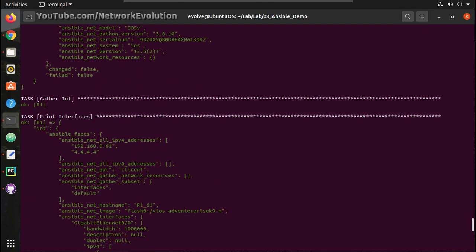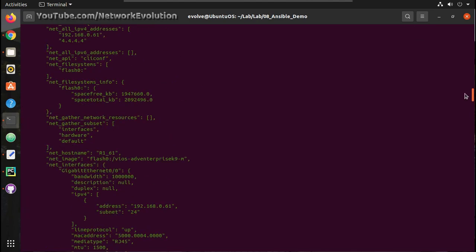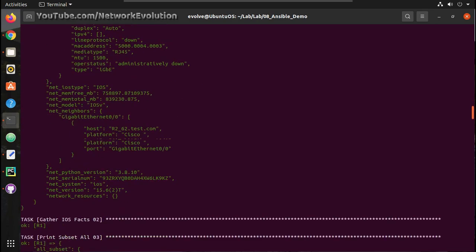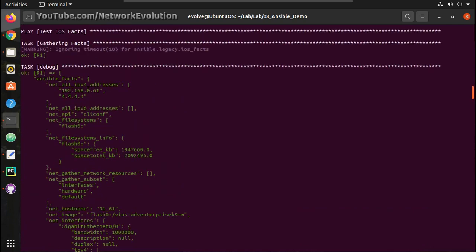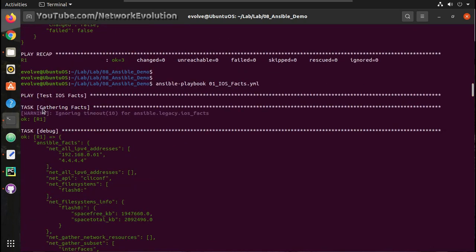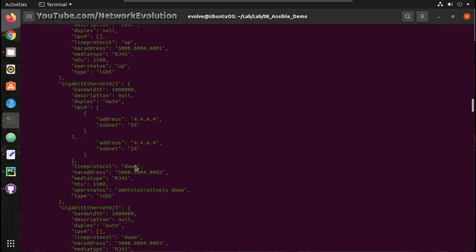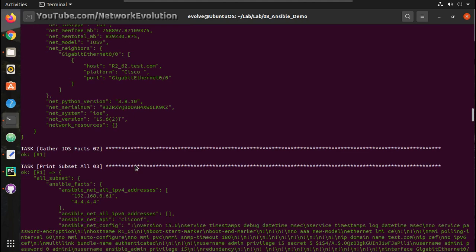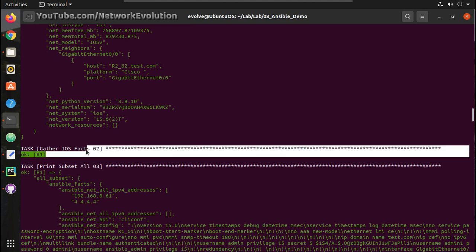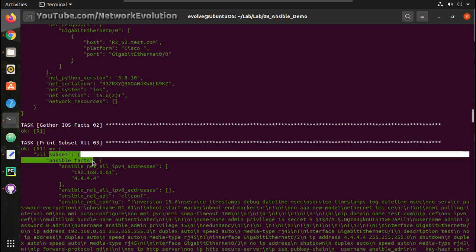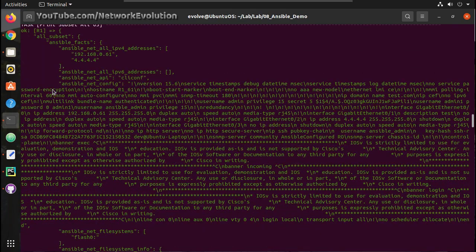So in each task you can see the details. So let us go from above. By default it is gathering the facts, and then we are printing Ansible facts. Here we get the device specific information, and then we are just trying to print all the subsets. That includes configuration as well.